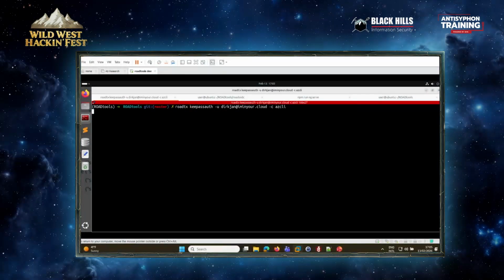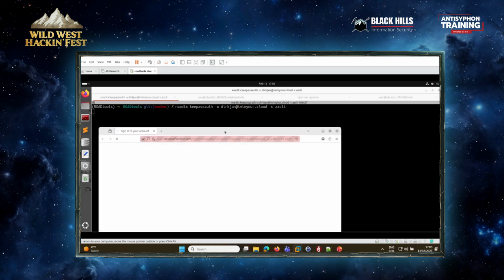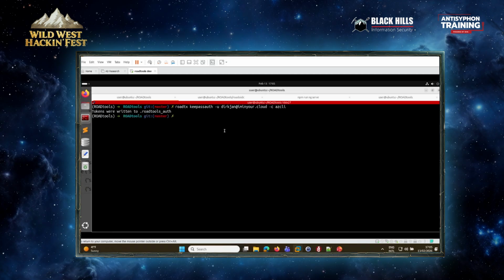First, I'm going to get a token. I'm going to start this with my global admin account just to make sure we can query all the data. Basically, this is roadtx. Roadtx is a lot of automation scripts. Right now, it's taking a credential that I have in the KeePass, and it's just going to automatically do the authentication. It's even going to do the multi-factor. Takes a couple seconds. And then I get my token. Normally you would do this by hand. I'm signing into the Azure CLI client. The Azure CLI client is not blocked. It does have the rights to enumerate all that data in Entra.